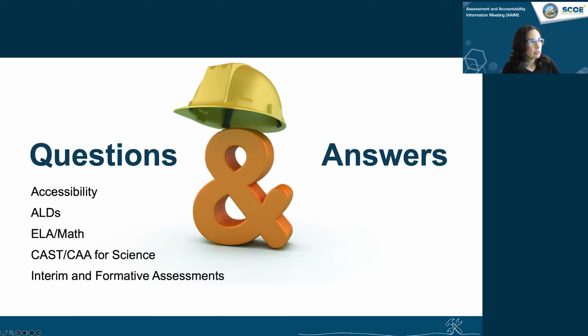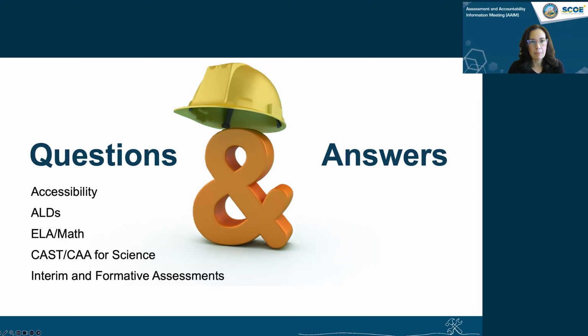So I'm going to move over now to a couple of questions that we received specific to the interim assessments. We did receive a question about the possibility of administering one of the ELA performance tasks separate from the interim comprehensive assessment.